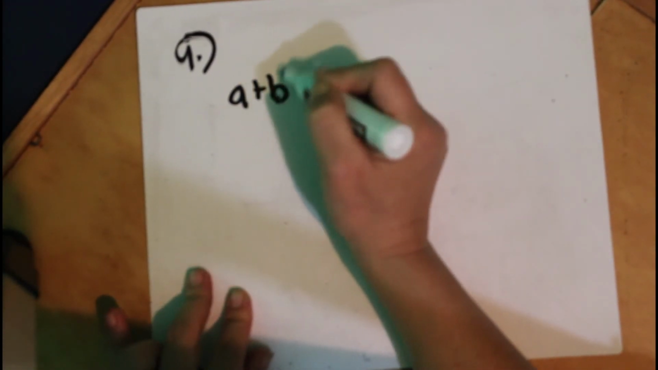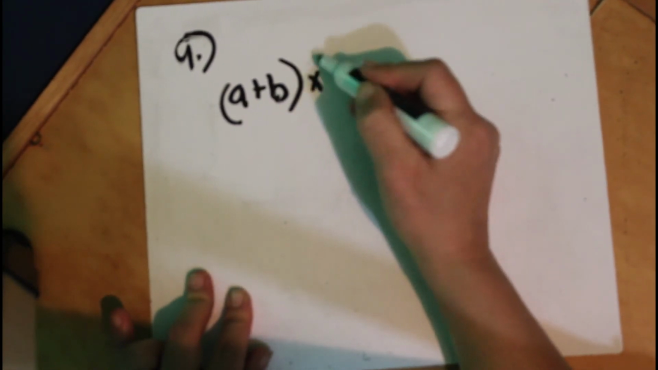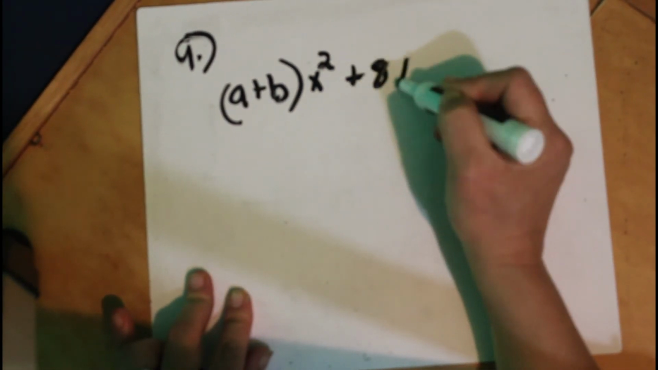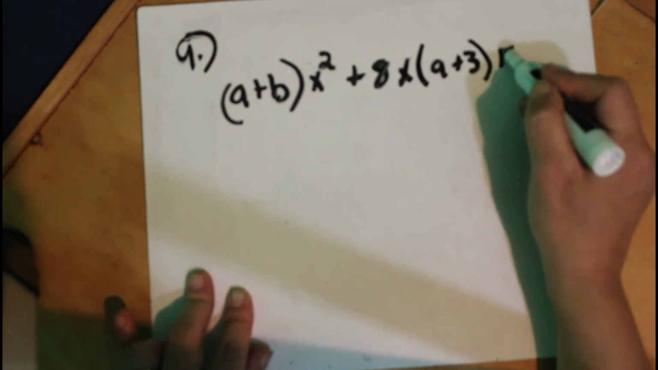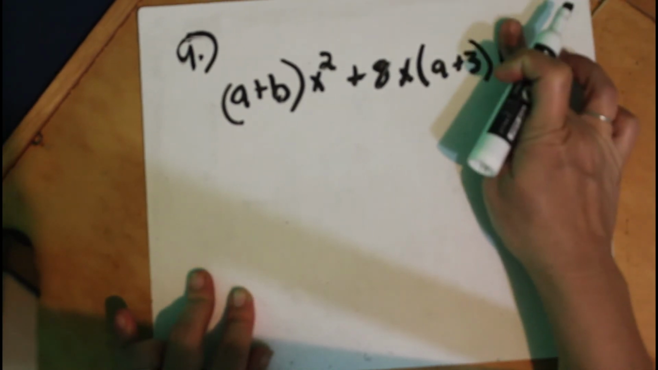Alright, so hopefully you guys paused the video and you did the practice problems. Now I'm going to do those for you. And we're on 296, and this is lesson 72. Alright, so practice A is a plus b times x squared plus 8x times a plus b times 15,